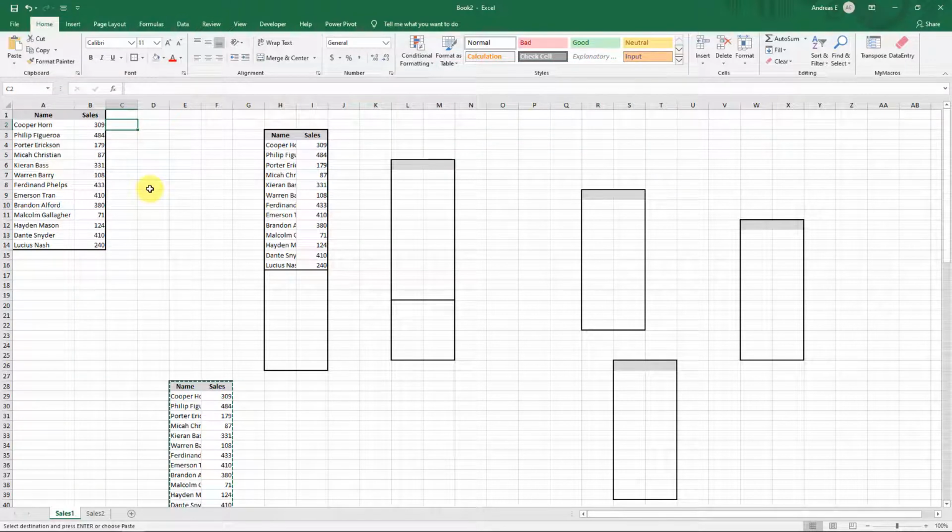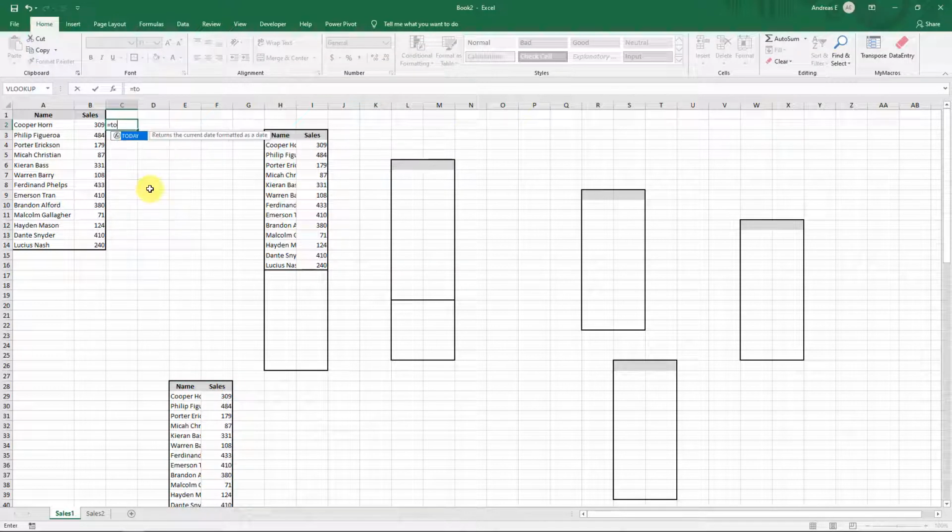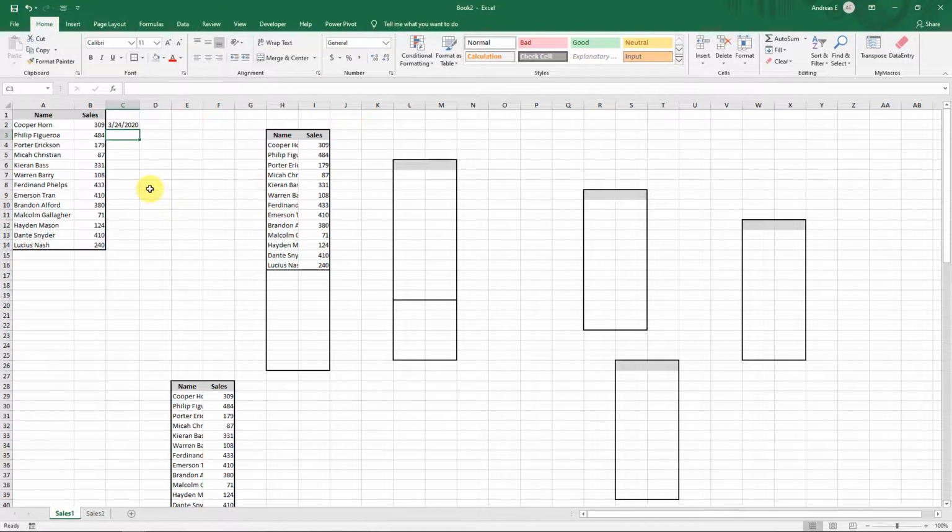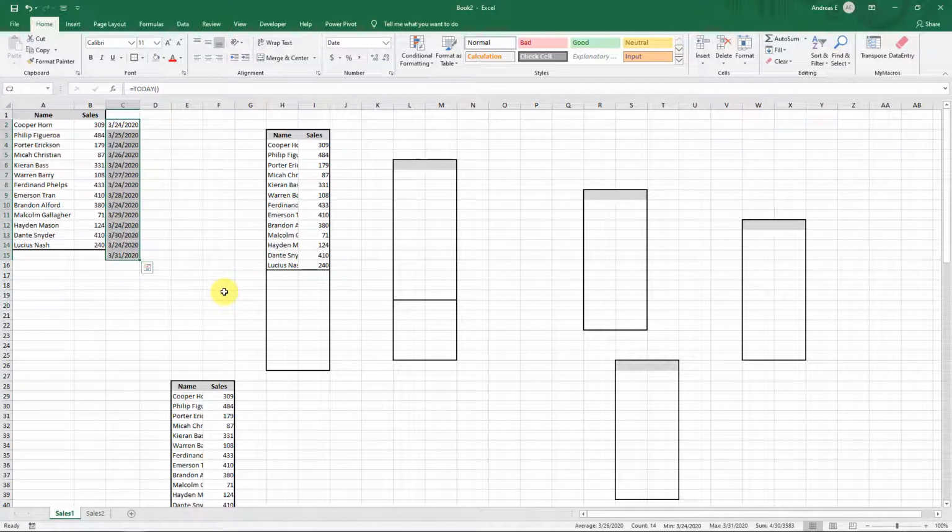Let's talk about dates. To get today's date, I can type equal today, open and close parentheses. You will see today's date, but if you open the worksheet tomorrow, you will see tomorrow's date. Let's type tomorrow's date here. Select the first two dates and place your mouse at the bottom edge till it changes to a plus sign and then drag. You are telling Excel to autofill the dates for you instead of having to type them. Excel does it in a very smart way and it works for numbers too.